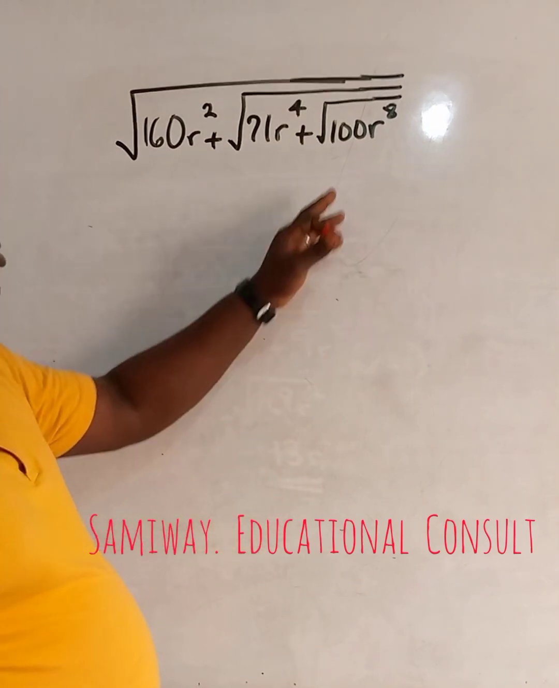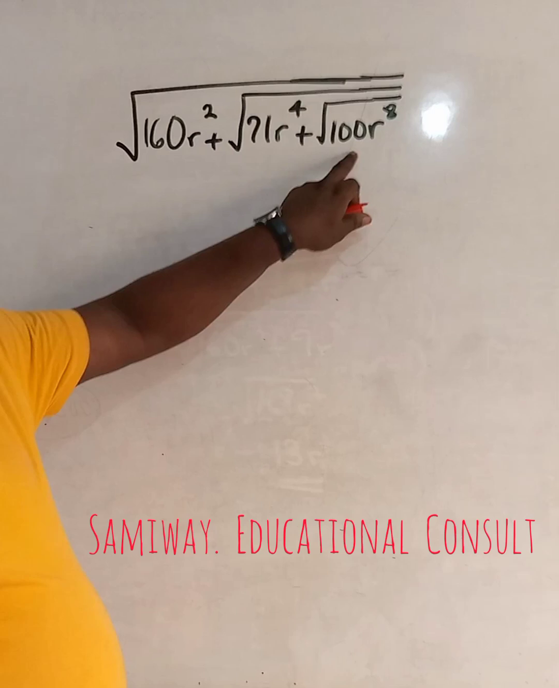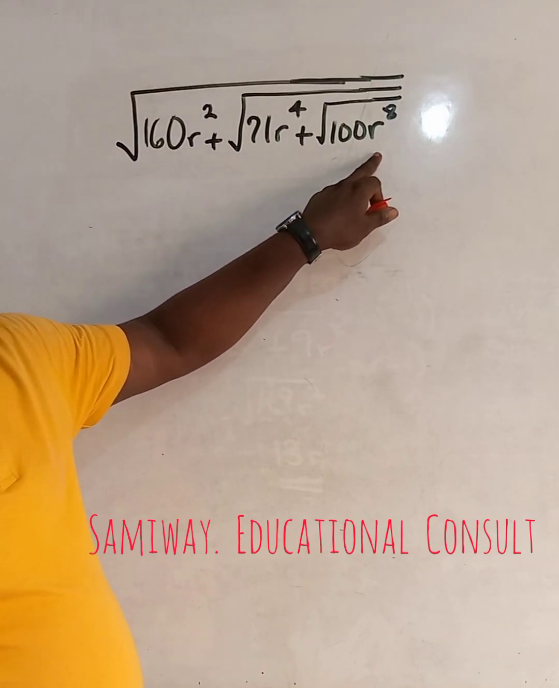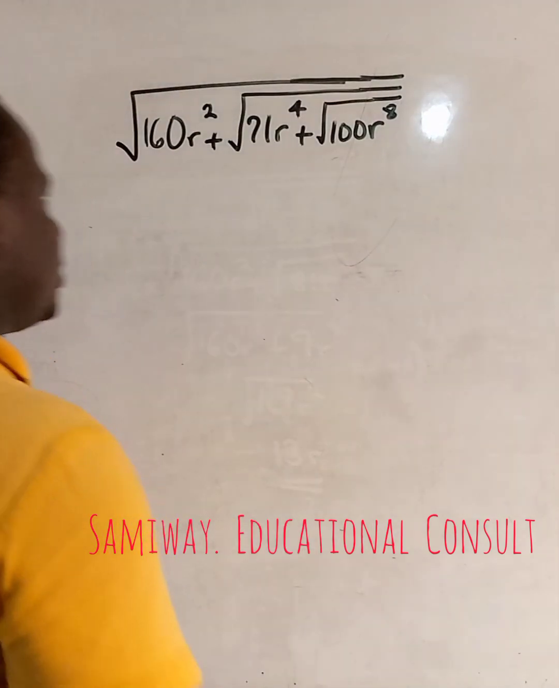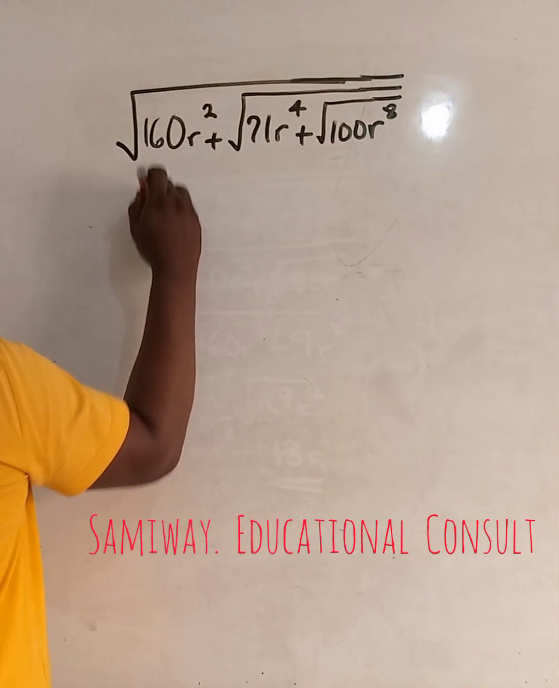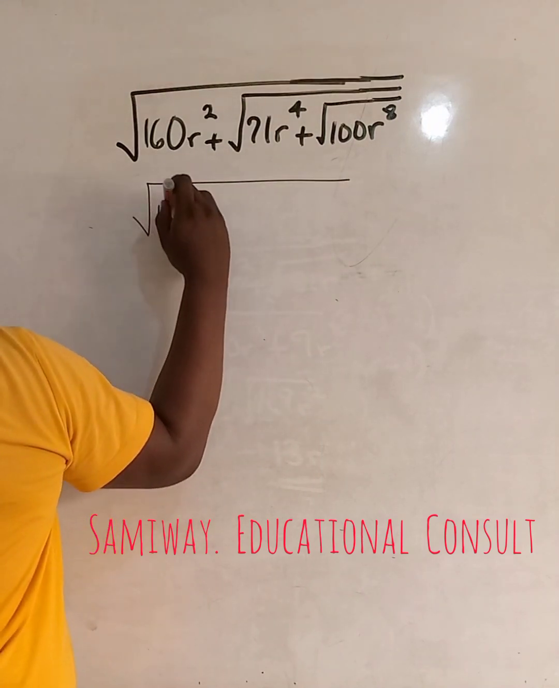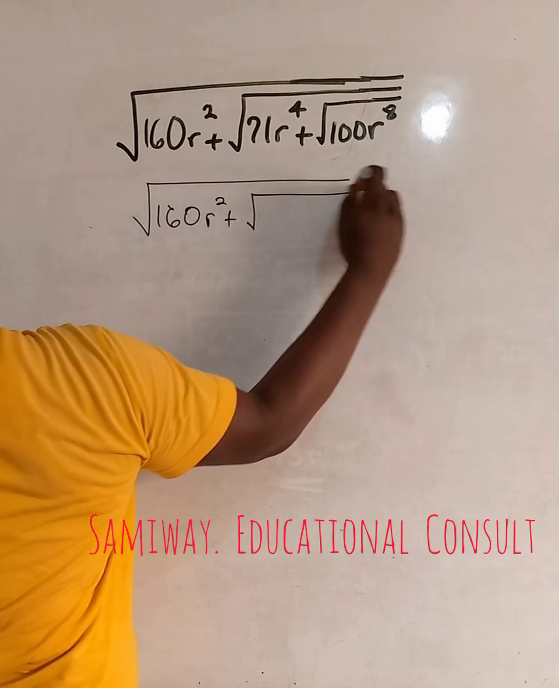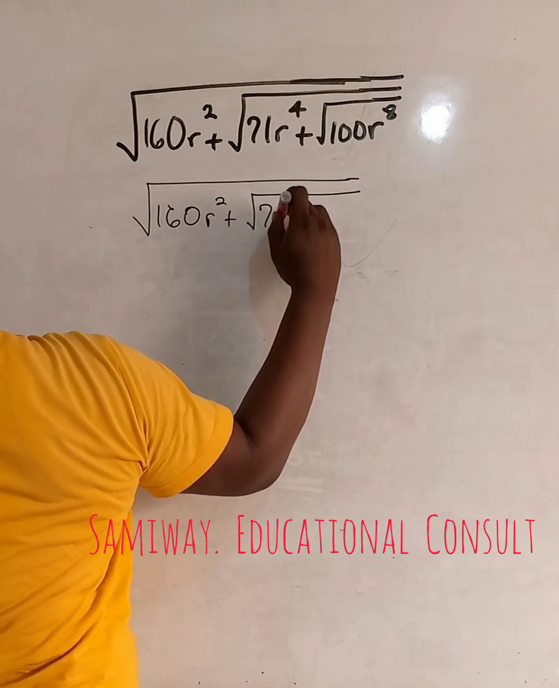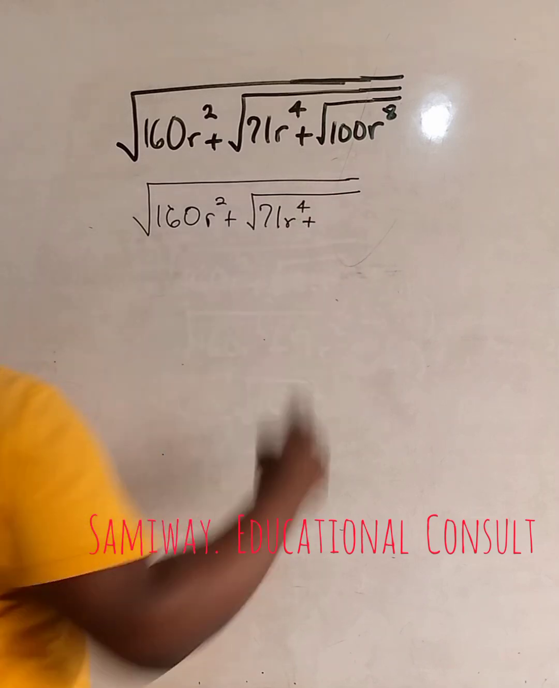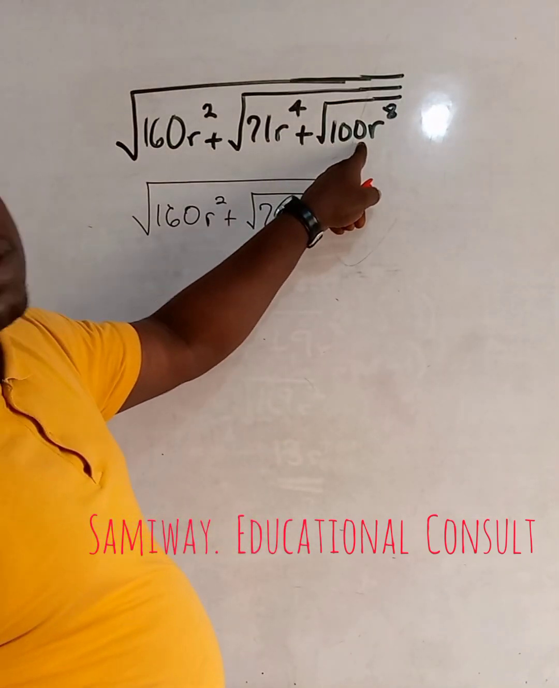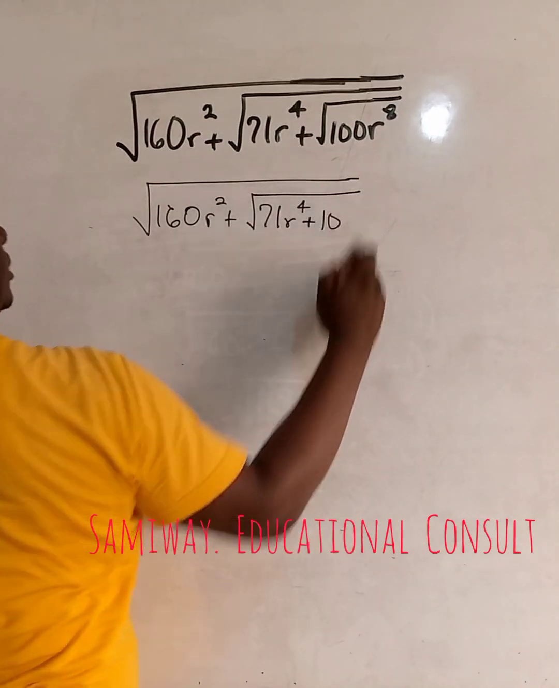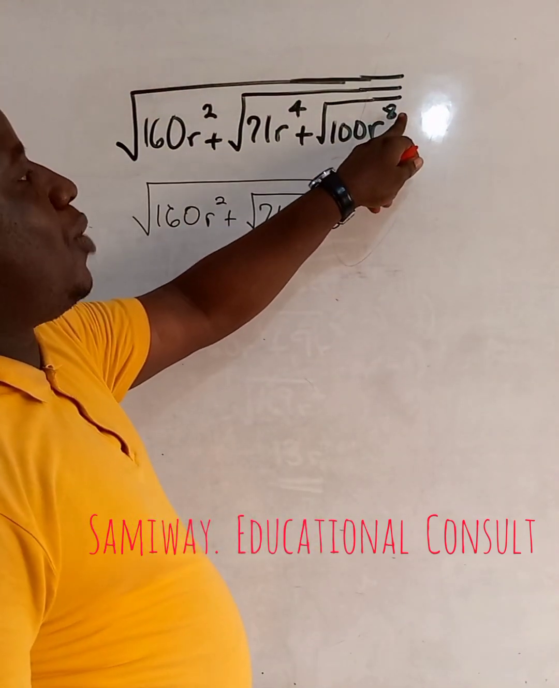Now, to solve this problem, we're going to start with the root inside. And the root inside contains 100r raised to power of 8. So let us start. In solving this, we have square root of 160r power 2 plus root 71r power 4 plus. Now, let us find the square root of 100. The square root of 100 is what? 10. And the square root of r power 8,